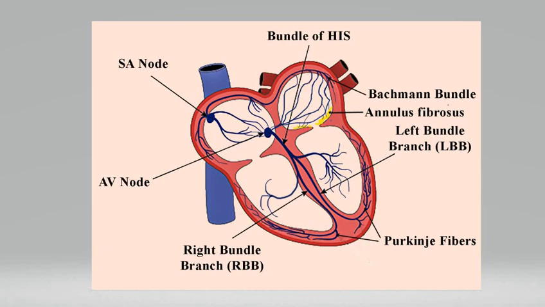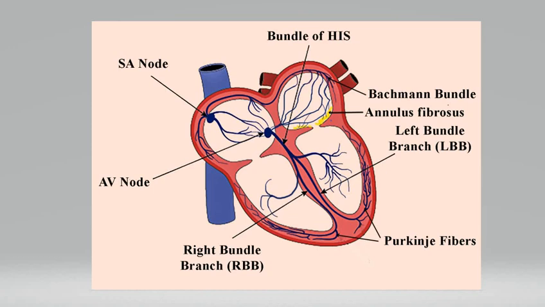So far, we have gone through the depolarization and repolarization of the nodal cells and contractile cells. Now, how do these electrical impulses, or depolarization and repolarization of cells, impact the heart? The depolarization of atrial myocytes causes contraction of the atria. The atrial contraction squeezes blood into the respective ventricle. The right atrium transfers blood to the right ventricle and the left atrium transfers blood to the left ventricle.